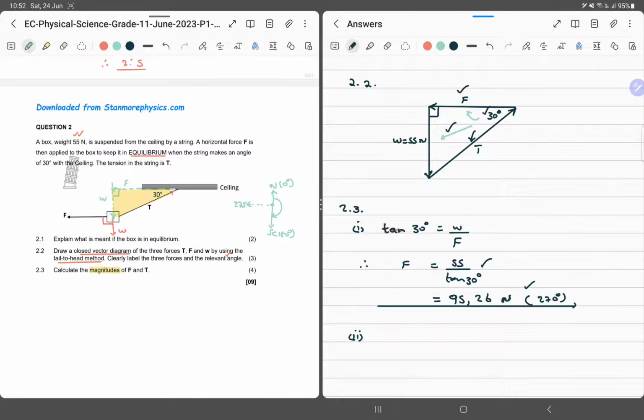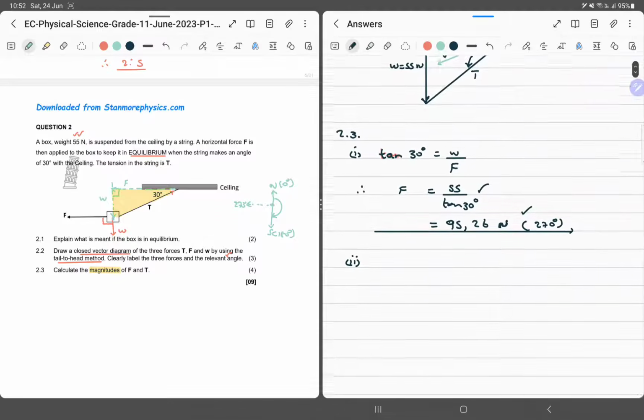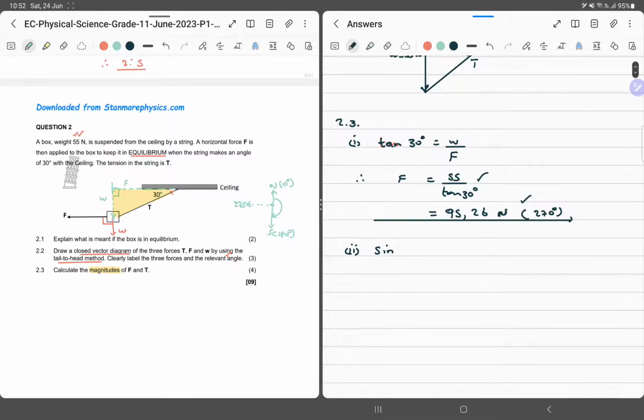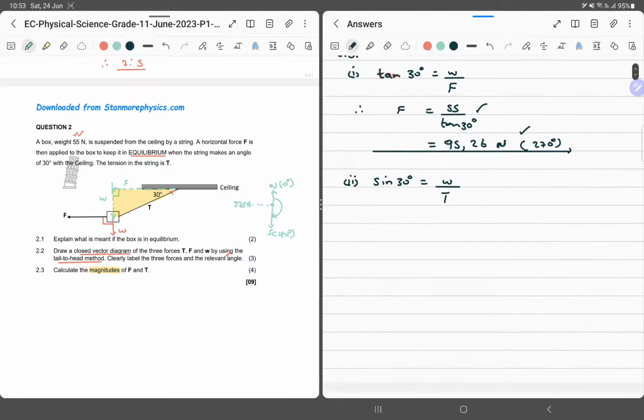Okay, the hypotenuse side and the opposite side we know. So we know that that is sine 30. So sine 30 degrees is going to be the weight over the tension, right? Therefore, we know that the tension, because that's what we want, is going to be the weight, which is 55, divided by sine 30 degrees, which is a half, okay? That means it's going to be 110, yeah? Because it's just the same as 55 by 2, so that becomes 110